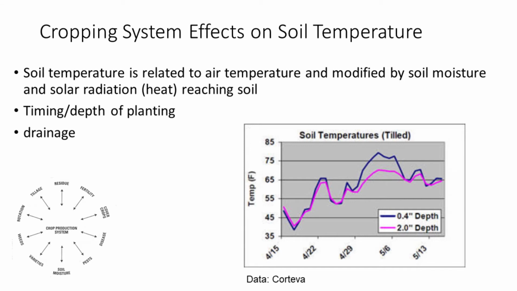Another way farmers can manipulate soil temperature, in a manner of speaking, is by their selection of planting depth, right? The depth of seed placement in that soil. Generally, the deeper into the soil profile, the colder it is in terms of temperature. And so by planting shallower versus deeper, farmers are manipulating the soil temperature that those seeds are